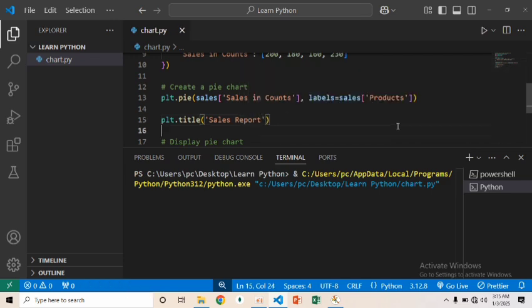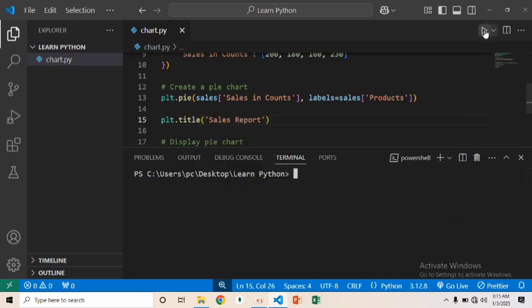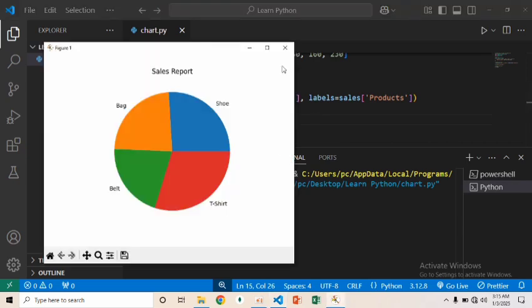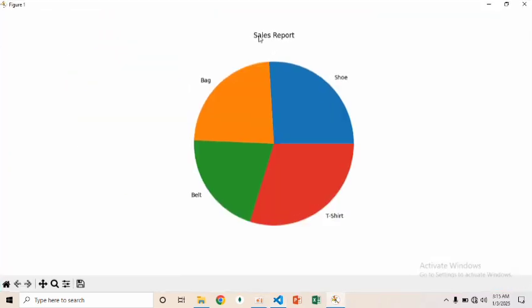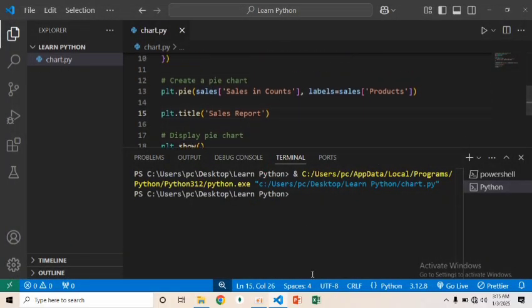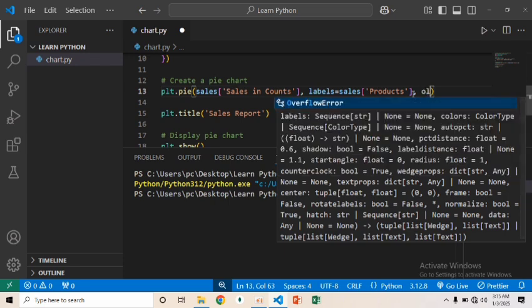So when you save that, and then let's close this one and then run it again, you'll see that the title is displayed here, sales report. Another thing I may want to do now is I may want to make one of these items stand out. So what I will do here, I will put a comma here and say explode,